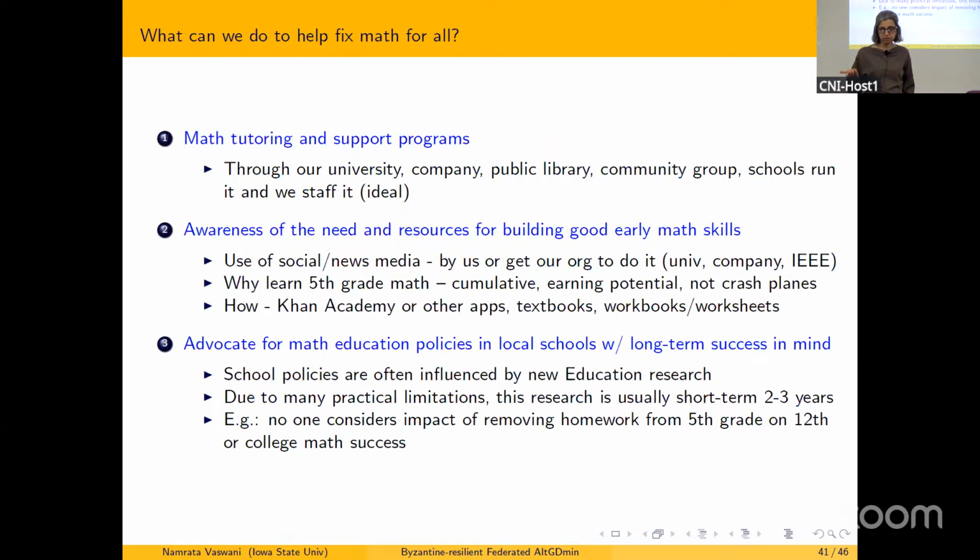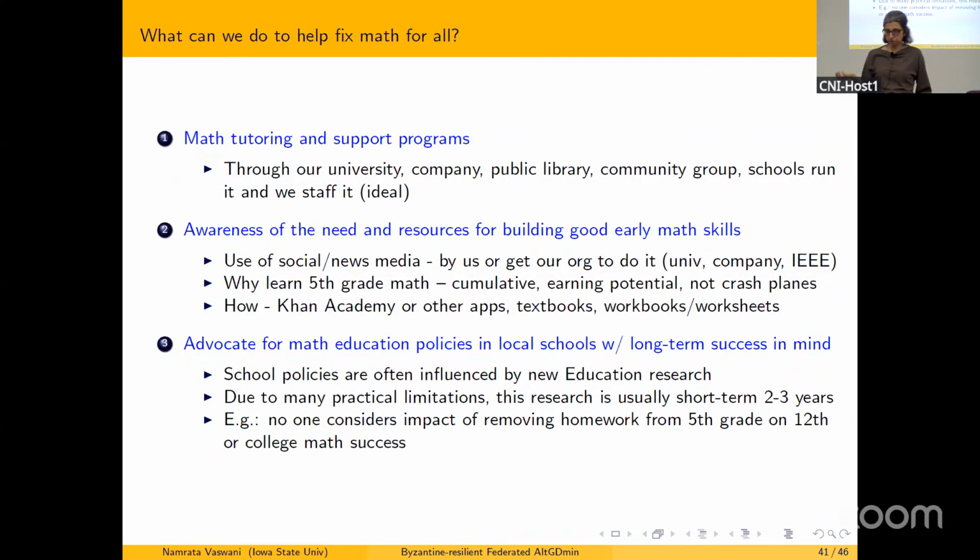So the question is, what can we all do? Because the education researchers don't seem to be doing anything about it. I have of course seen the US context more closely, but in all countries, there are math issues. Math could be improved for our students. So the question is, could